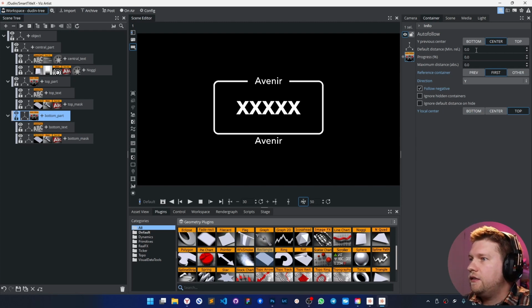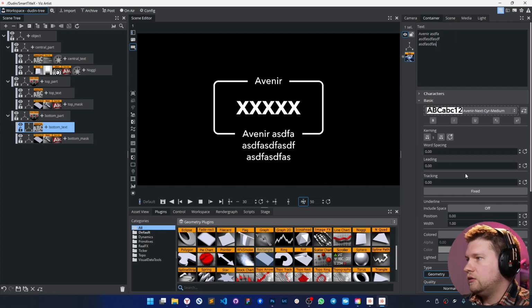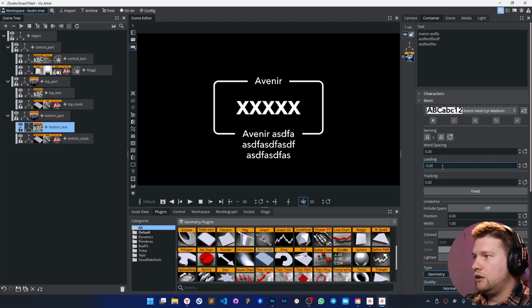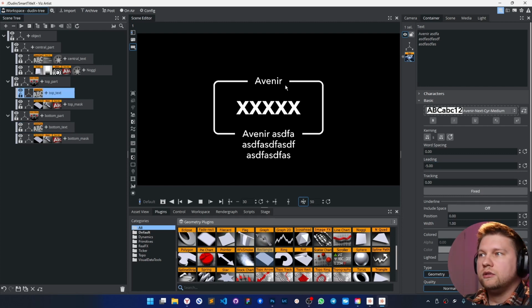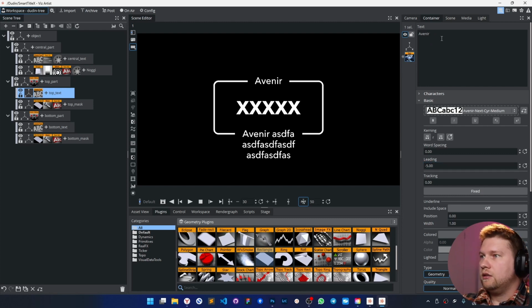Of course, the last thing I have to do is change the default distance, to put it exactly where I want to place it. So like here. And now, this thing is working independently, even with a different amount of text. And of course I need to reduce this interline amount. Okay, and for the top as well, minus 5, I think. So let's check multi-line. Perfect.